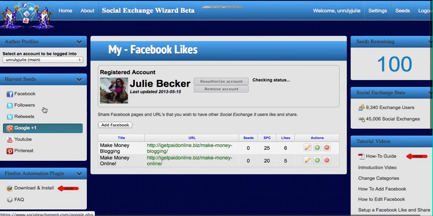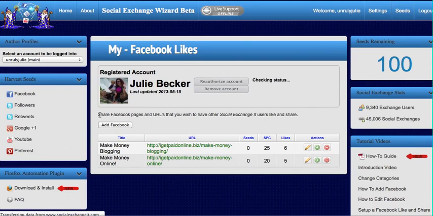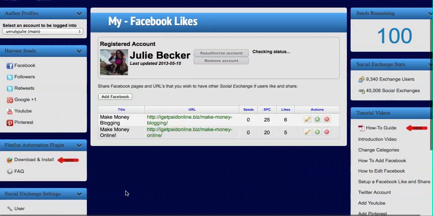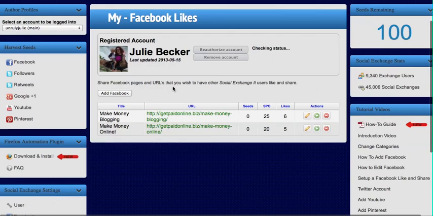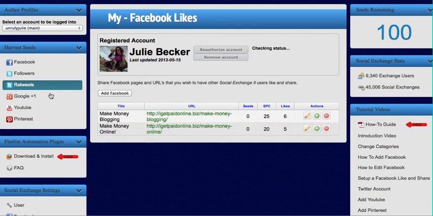All right, so my Facebook likes, I actually entered in there when I added Facebook. Down there is a place for you to add content that you want people to like. So I added a couple of blog posts here, and originally what I did is I went and liked a bunch of other people's content. I tweeted, I Googled other people's content, and every time you do that, you earn a certain number of what they call seeds. Okay, so I've had up to 10,000 seeds in here from going and doing that first,